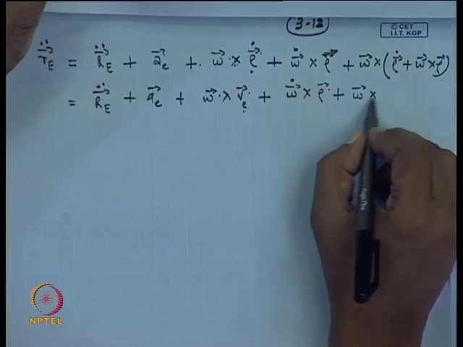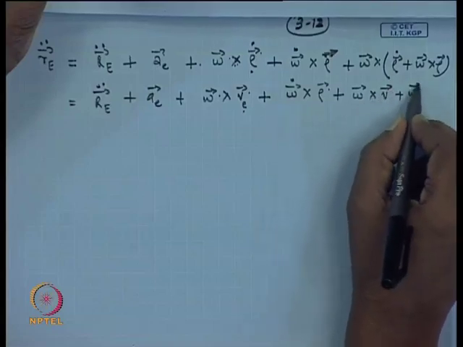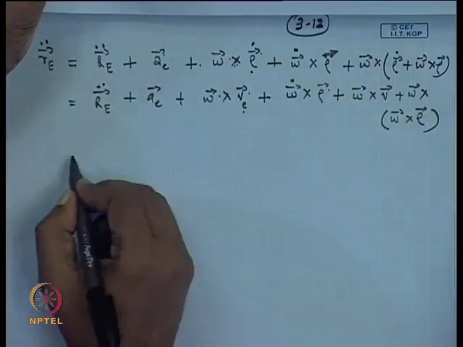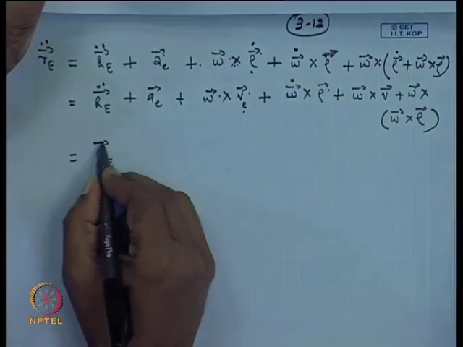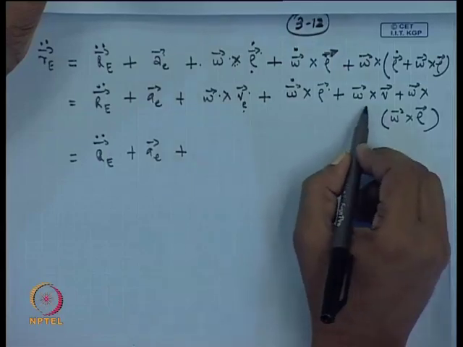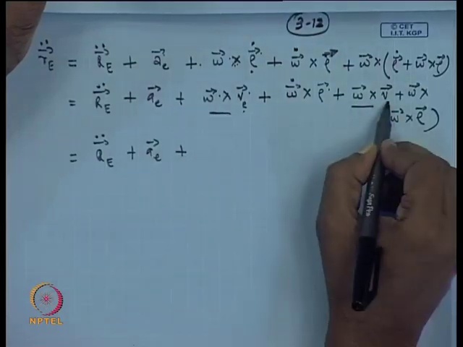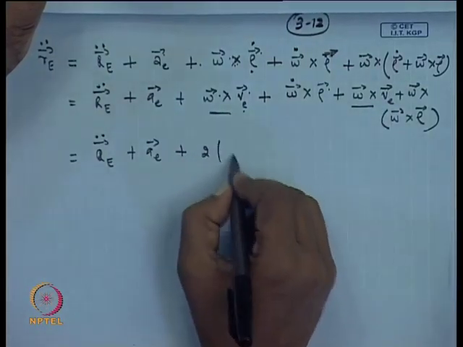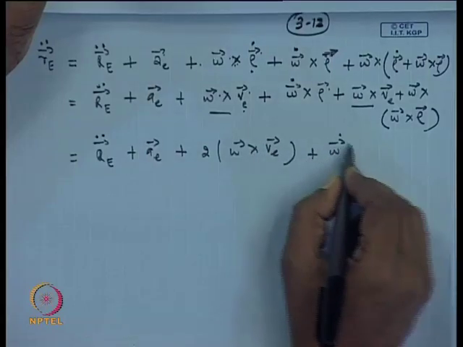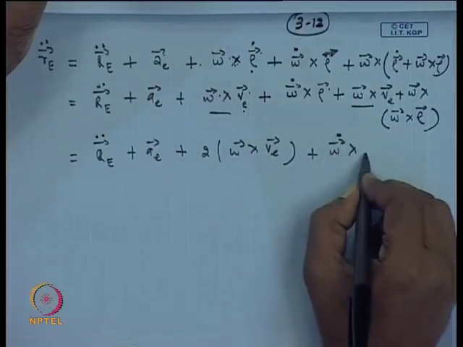And this also we replace by V, and here omega cross rho. So here this one and this can be combined together to give 2 omega cross V, plus omega dot cross rho,